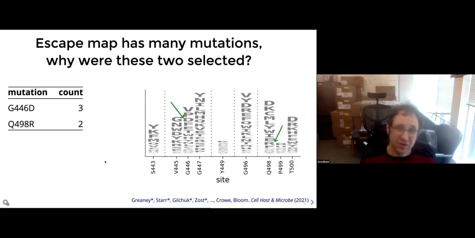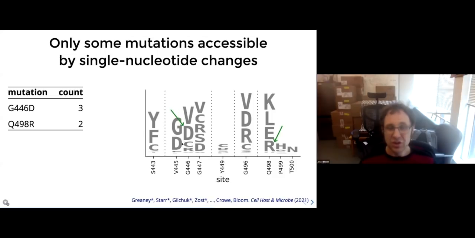But we have some additional information about how this evolution is constrained. So first of all, here I'm showing all amino acid mutations. If we just zoom in on those mutations that can be accessed by a single nucleotide change to a codon in the virus, there are now fewer single nucleotide accessible binding escape mutations, and the 2 that are observed in the context of the virus are among them. So the predictive power has gotten better, but it's still not that great.